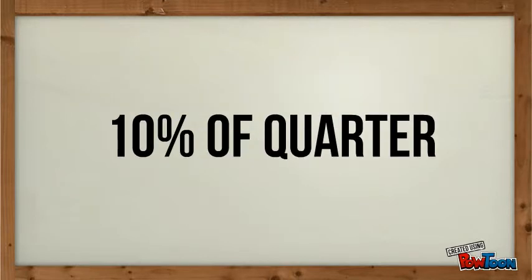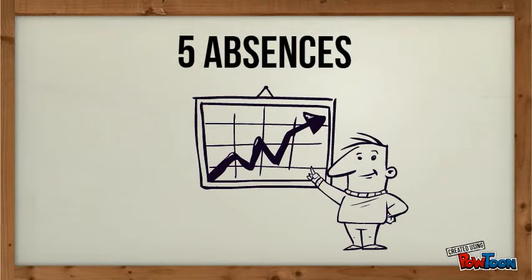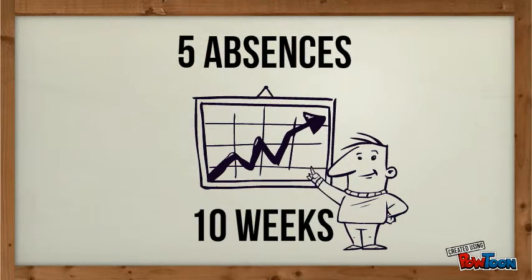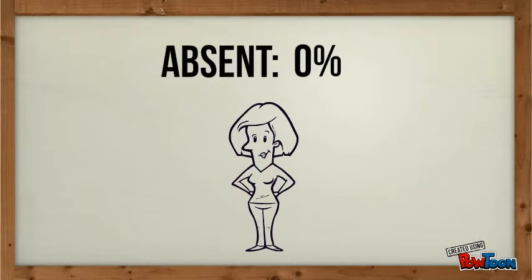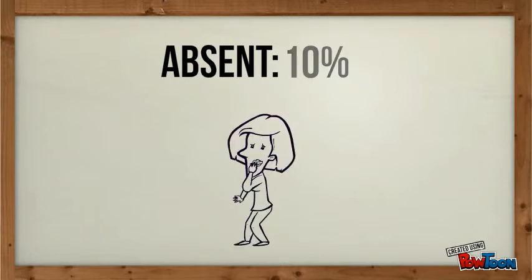We suggest that after the first week, the threshold should increase from 2 days to any more than 10% of the quarter. This would allow for a maximum of 5 absences in a standard 10-week quarter. Once a student is gone 10% of the quarter, the instructor then has the choice whether or not to alter the student's grade with additional absences.